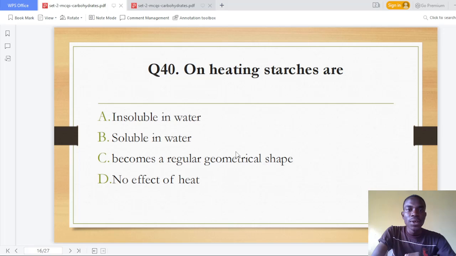Question 40, they're saying on heating, starches are A, insoluble in water; B, soluble in water; C, become a regular geometrical shape; D, no effect of heat. Okay, so one thing that you must understand is that when starch is put in, let's say, cold water, it becomes insoluble, okay? But when the same starch is put in hot water, then automatically it becomes soluble. So upon heating, starches are soluble in water. Okay, best example, you look at milling